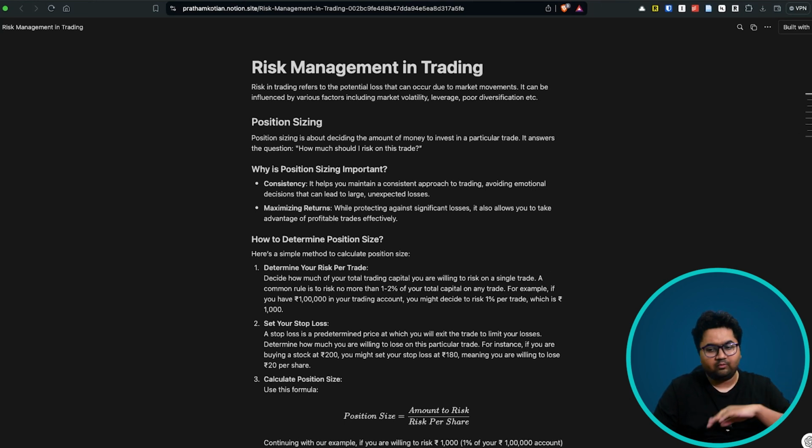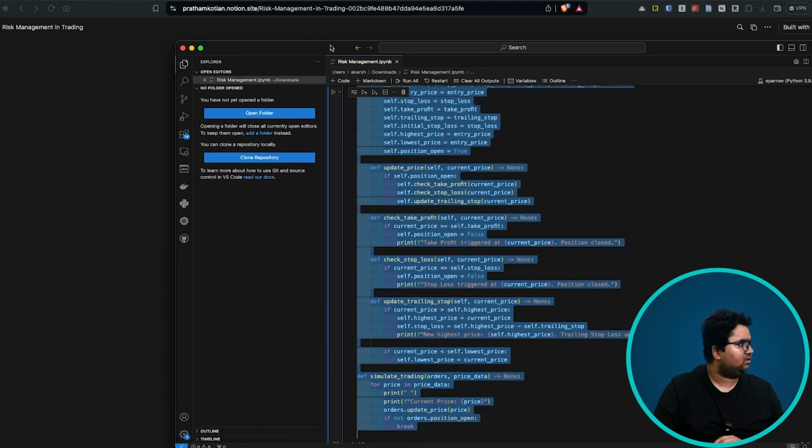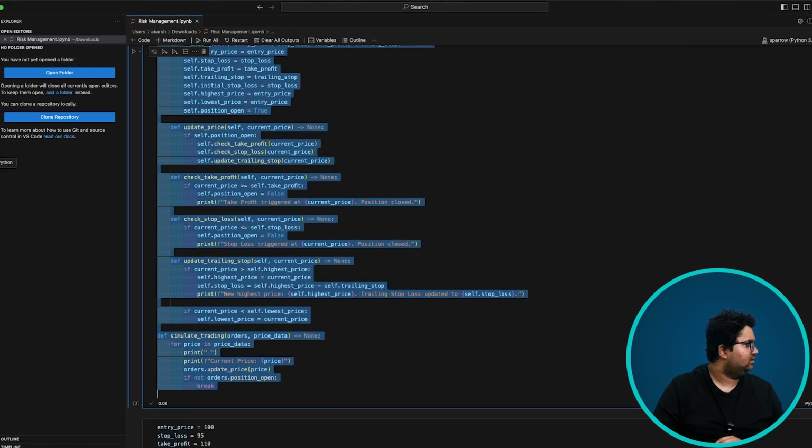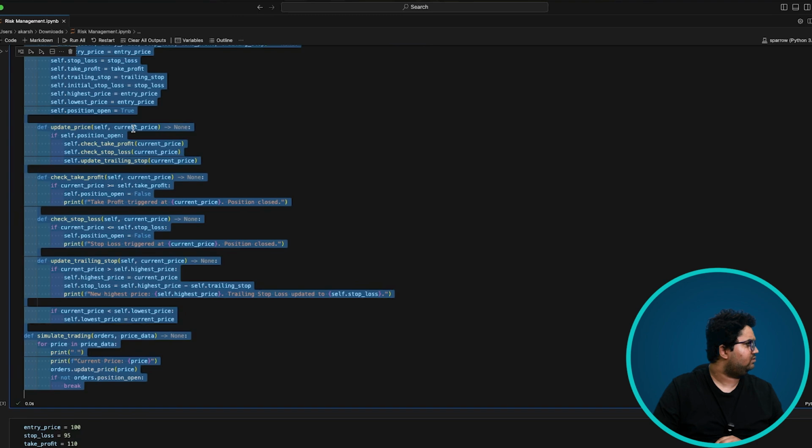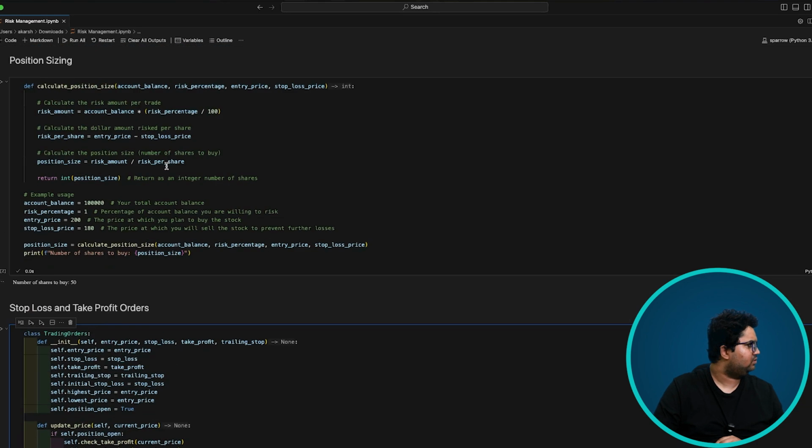Okay, so let's hop over to the code. Again, I'm showing all of this code right now, and I'm going to run this live. This is not my regular editor, so bear with me. This is Visual Studio Code. I don't know if Zoom works, so probably this is something to be taken care of later.